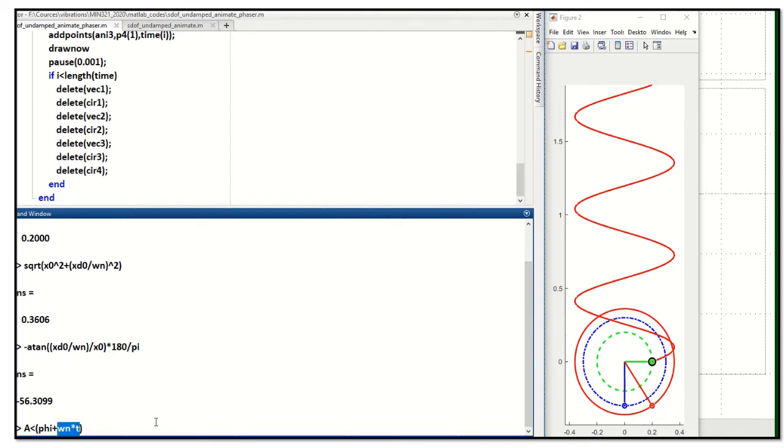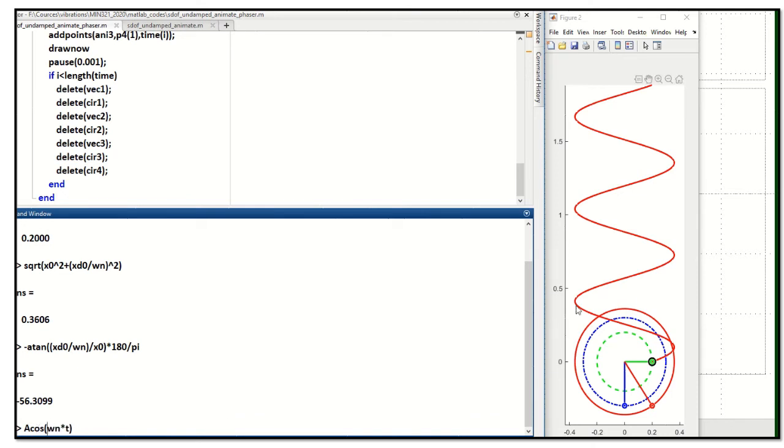So what is the time elapsed between two instances? Accordingly, this much amount of angle will be added. So the total angle will be equal to this. We'll be calling this the phase. Okay, so this will tell you what the phase is, and you will be able to appreciate that you can get the position of this mass as A times cosine, which is the projection of this position vector on the x-axis itself. So A times cosine of phi plus omega n t.